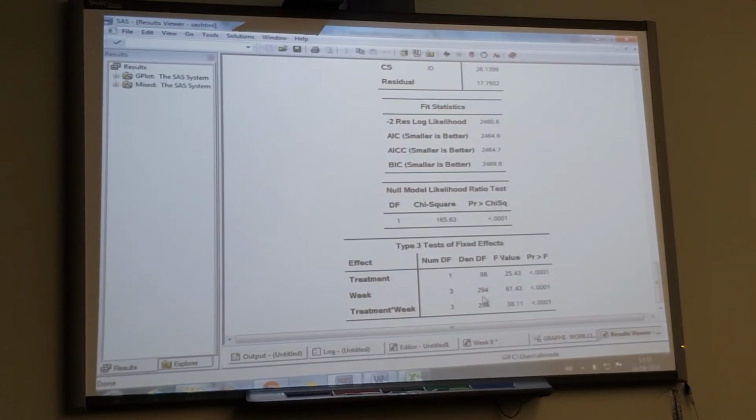AICC, minus 2 res log likelihood. Come together. Do you have differences in finding? Yes. No. We should get the same. We should have the same. Same code. We should get the same. Maybe